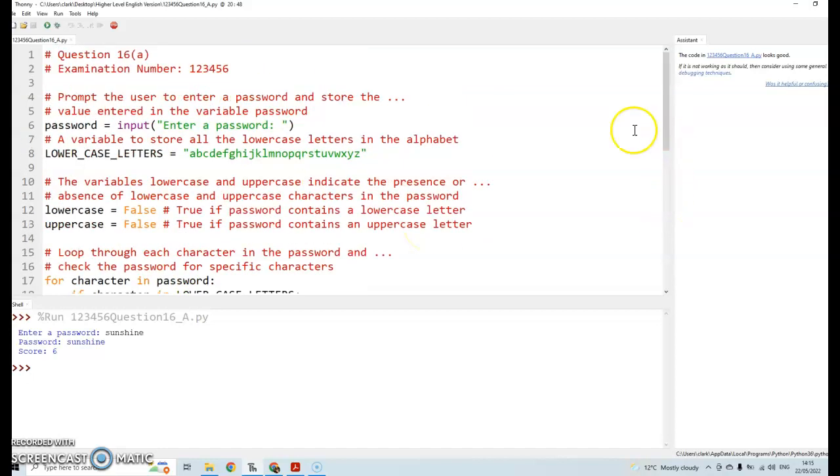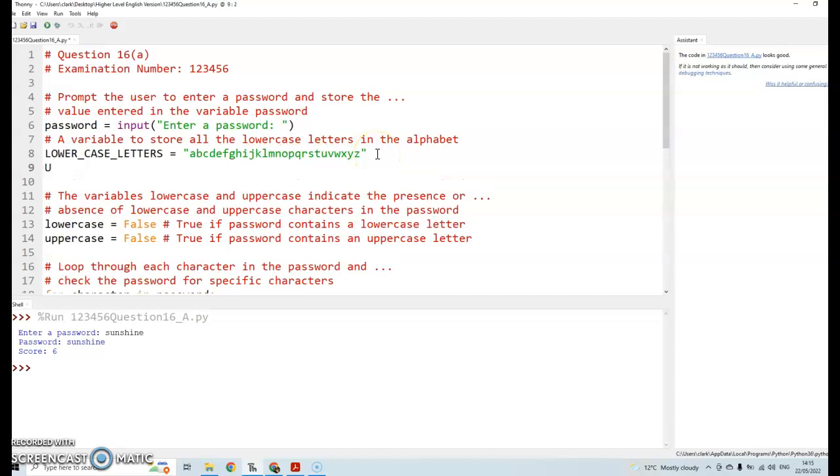And if we go up above here, we can see that lowercase letters is a variable that stores the following string. So we need to go uppercase letters equals, put on the caps lock, A, B, C, D, E, F, G, H, I, J, K, L, M, N, O, P, Q, R, S, T, U, V, W, X, Y, Z. Nice. And down below,